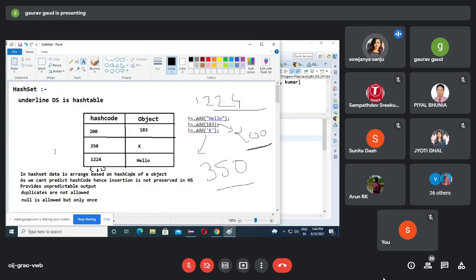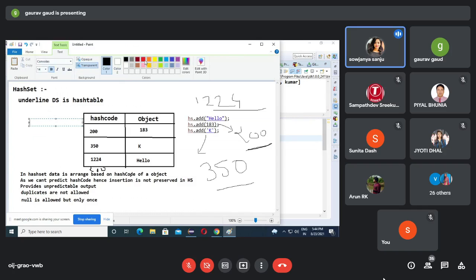Here, one more thing, guys. Tell me, who provides the hash code? Hash code is provided by the JVM. Who provides the object? The object is provided by the user.